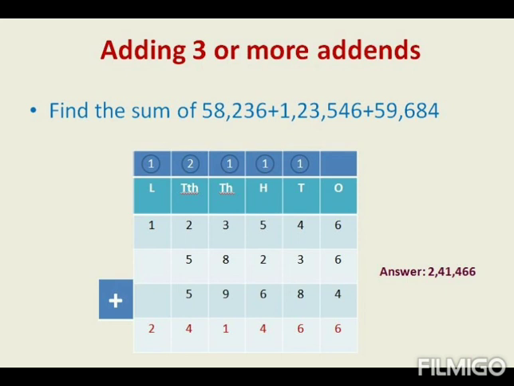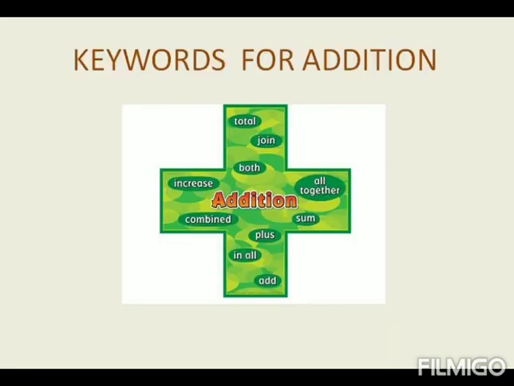Now add in the tens column. 1 plus 4 is 5. 5 plus 3 is 8. 8 plus 8 is again 16. So write 6 here and carry over 1 to the hundreds column. If you proceed similarly, one by one for each place, you can calculate the sum. Then finally you will get the answer 2,41,466. Children, you try it in your notebook. Check whether you are getting the same answer or not, and tell. Check your answer after you finish it.